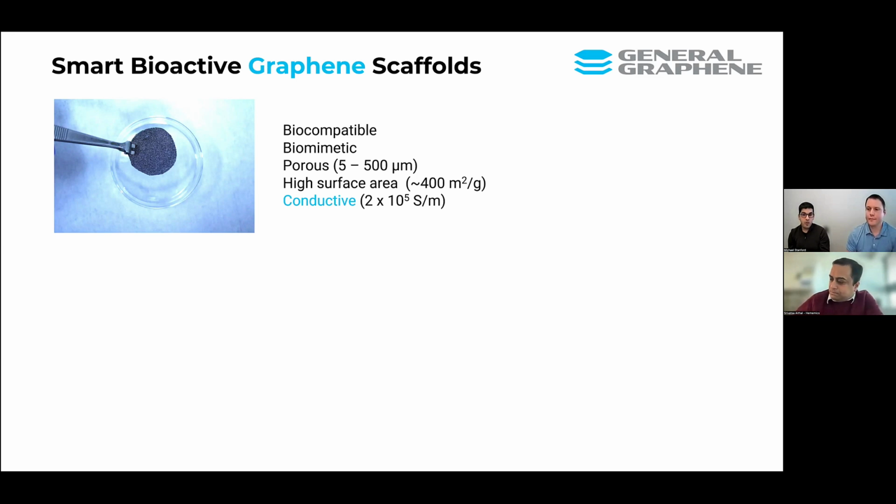But out of all these properties, perhaps the most unique property about our scaffold is the conductivity. You may think conventionally that that is not a relevant property for stem cells, but there have been a variety of cell lines, specifically in fields such as neural and cardiovascular tissues, where it's been widely researched and documented that electric fields could be used to enhance cell growth, differentiation, and also help tissues mature faster. So really acting as a very novel therapeutic route.